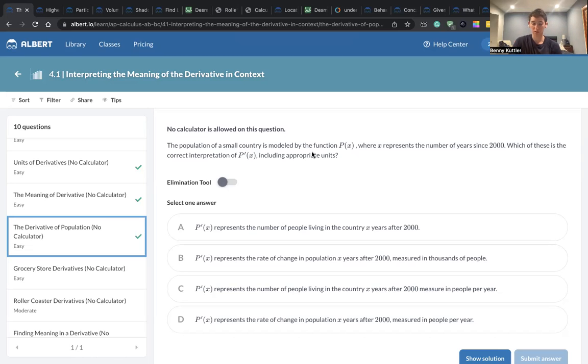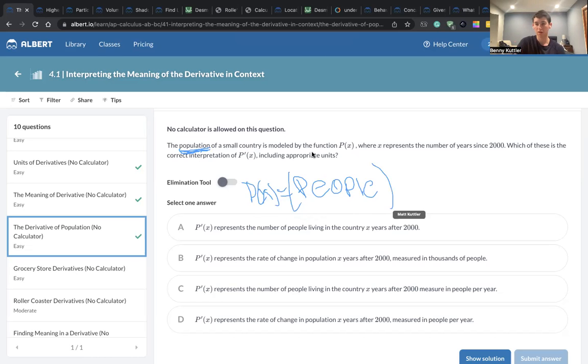we're talking about the units of derivatives, it's always going to be the unit of the original function. So this is talking about population. So if we're talking about population, that's going to be measured in people. So people, excuse my handwriting, p of x